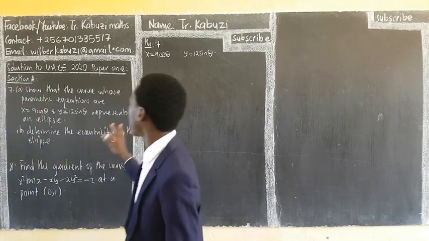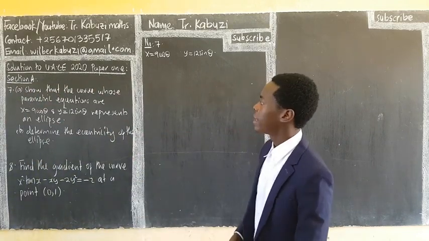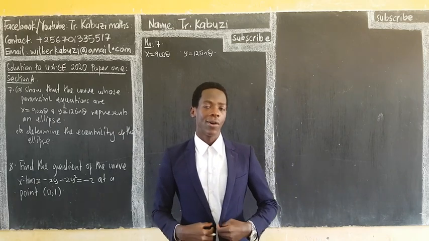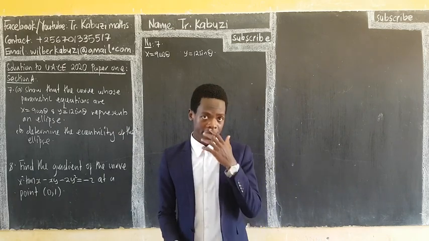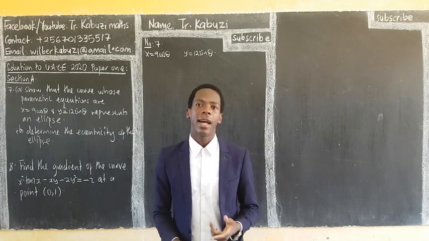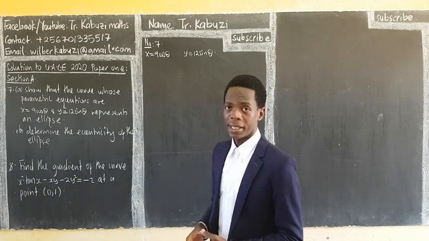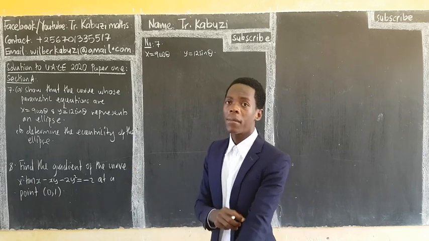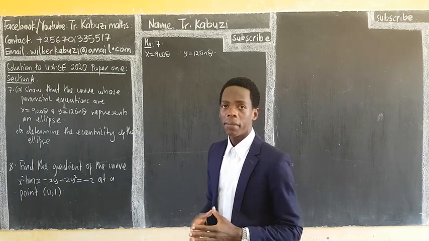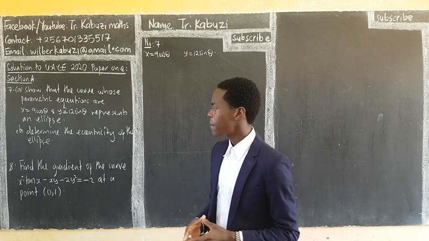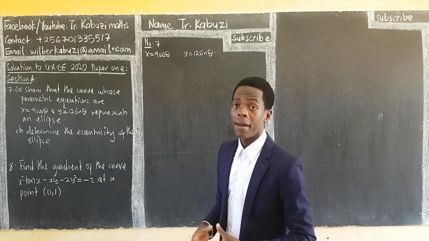So here we have our number 7. This number 7 was coming from a section called the conics, or the conic section, where we have ellipses, parabolas, and hyperbolas. Hyperbolas, you know, there are some what we call rectangular hyperbolas, but specifically this was from the ellipse. And then all those topics are there in the playlist. You can visit them and see. Then this one is coming from differentiation, where we have how we did the